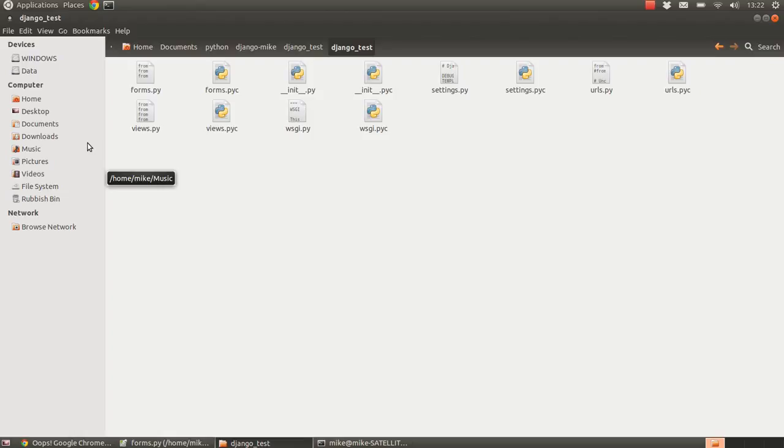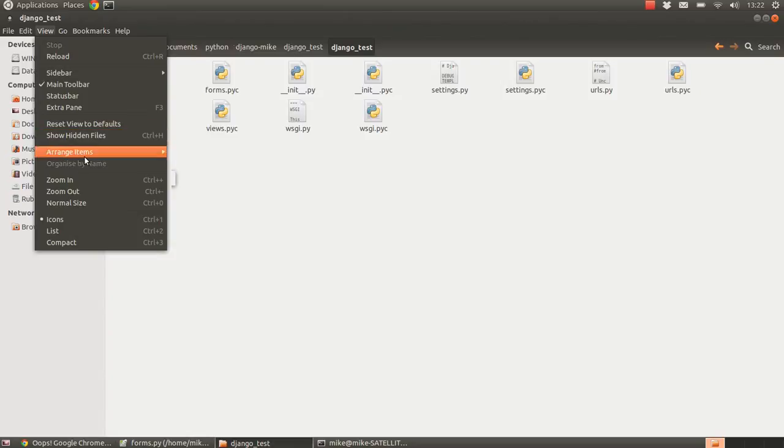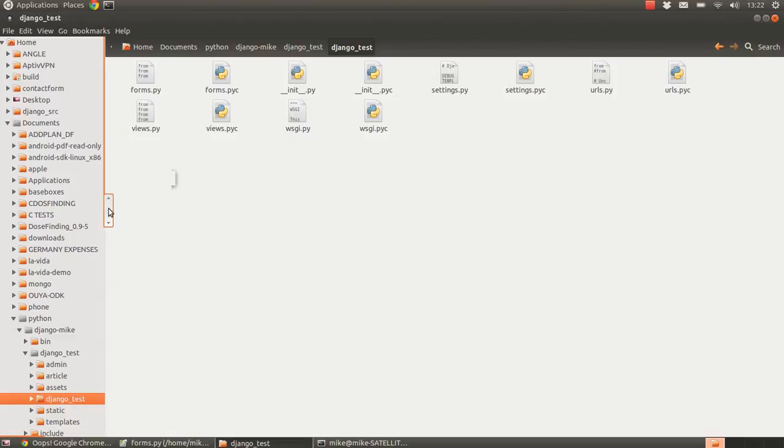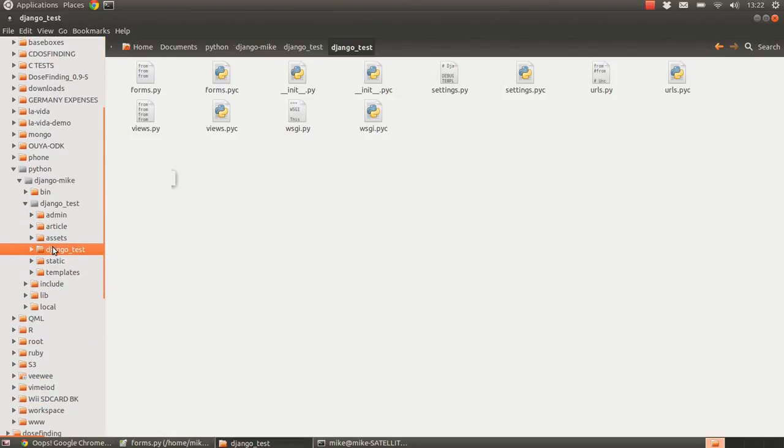Well, as with everything, we choose where to keep our code, and because this registration system is a site-wide kind of module, then we're going to keep our forms for this specific subject inside of our Django folder, so where we keep our project rather than where we're keeping our modules. So if I just open up my tree view, this gives us an idea of where all of that's kept. So we're talking about the Django test